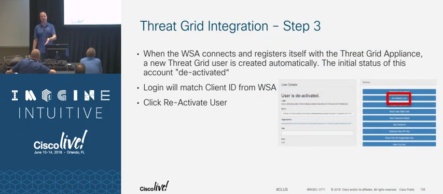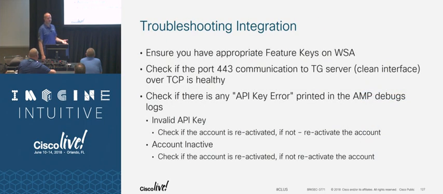Once the WSA registers with the ThreatGrid appliance, you have to activate it. And once you go ahead and activate it, then your file analysis will go on. You still need to have the feature keys on the WSA if you want local ThreatGrid. So you buy the local ThreatGrid appliance, but you still need to pay for the file analysis and file reputation keys on the WSA, known as our AMP licensing. You want to make sure that the configuration is clean between the two. They want to make sure they can talk to each other. And the API key is really important between a WSA and any ThreatGrid implementation, whether on-premise or cloud. So with this,